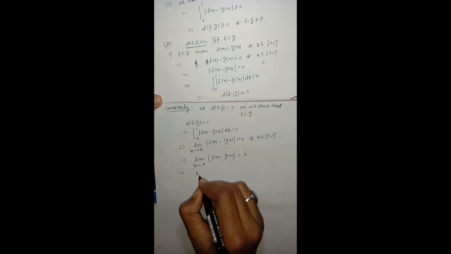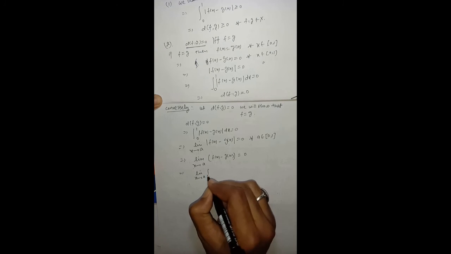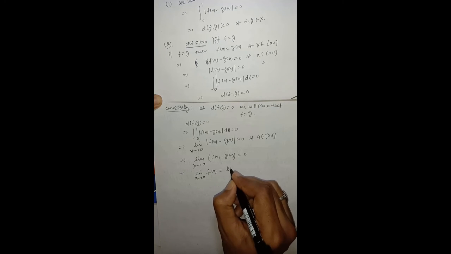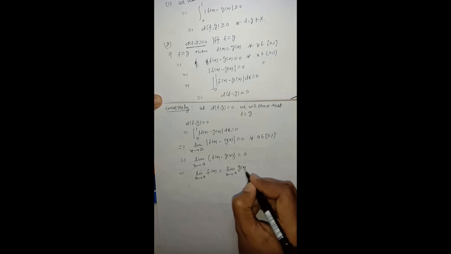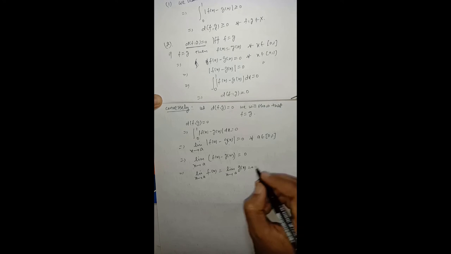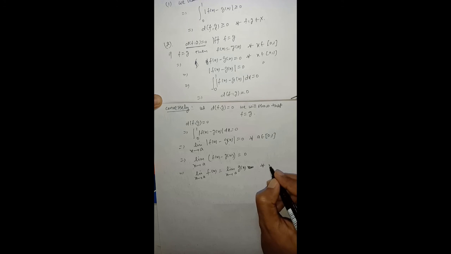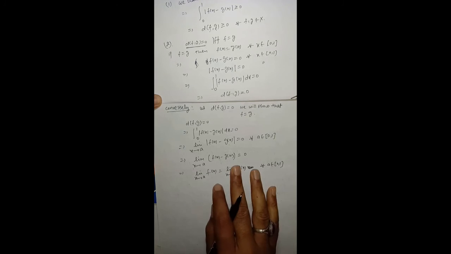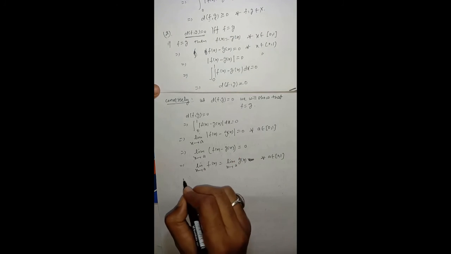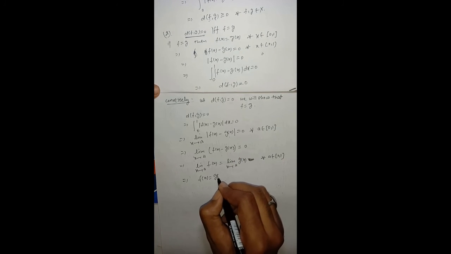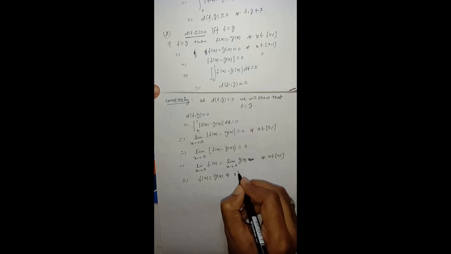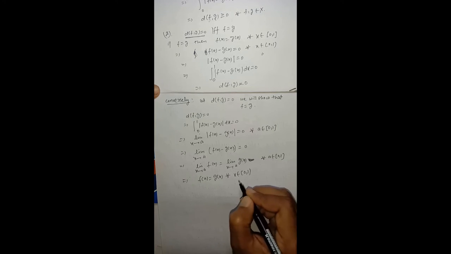This implies the limit as x tends to a of f(x) is equal to the limit as x tends to a of g(x), for all a belonging to the closed interval [0,1]. This implies f(x) is equal to g(x) for all x belonging to the closed interval [0,1],